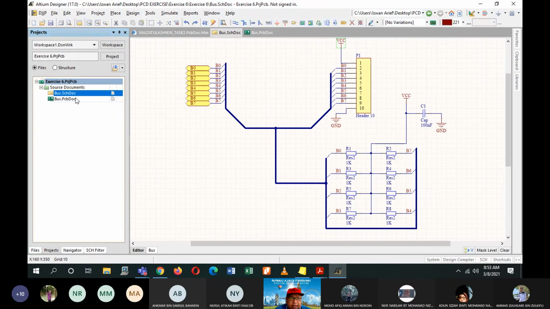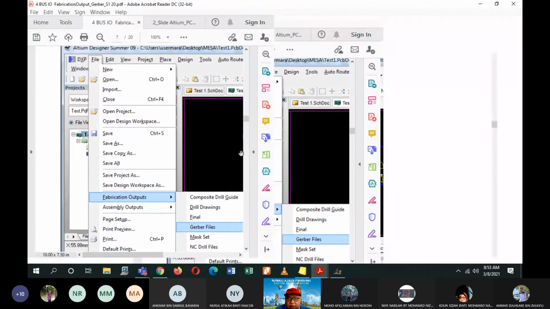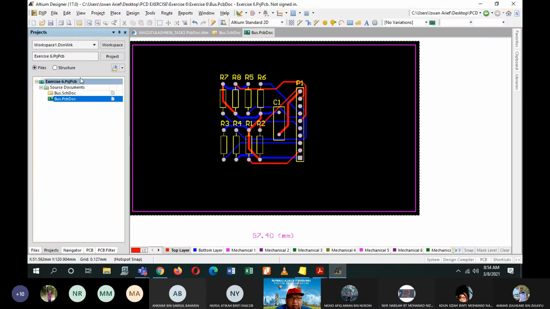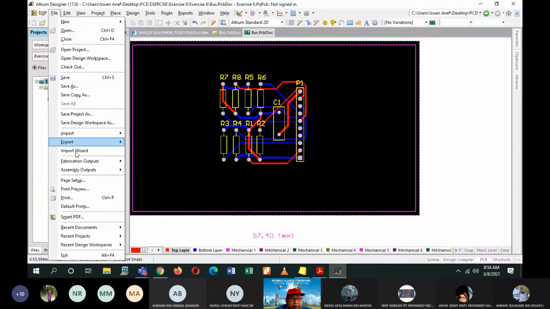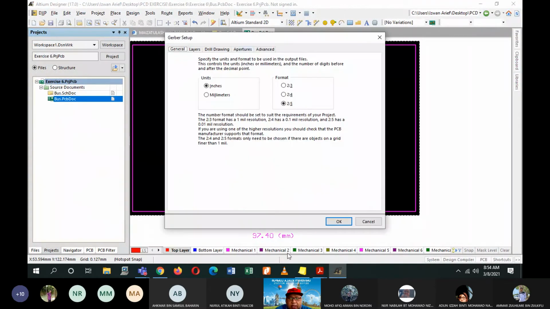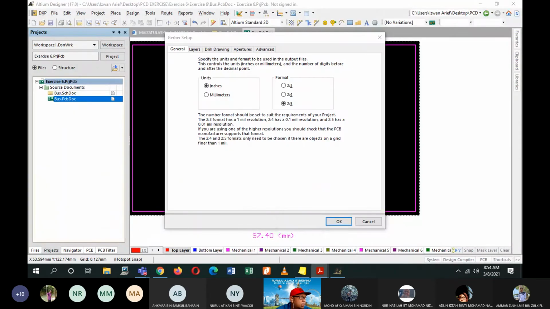Okay. So now I am ready with my PCB from my schematic. Now I am about to create my Gerber file, my fabrication output file. Alright, so the steps are here. What you have to do is first, you go to file and then click on fabrication outputs and then click on Gerber file. So file, fabrication output, and then click on Gerber files. So here the steps are in my notes. Kejap saya transfer ke sebelah so senang saya nak tengok.